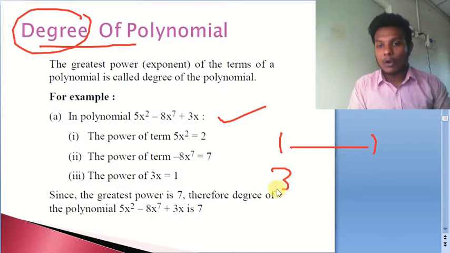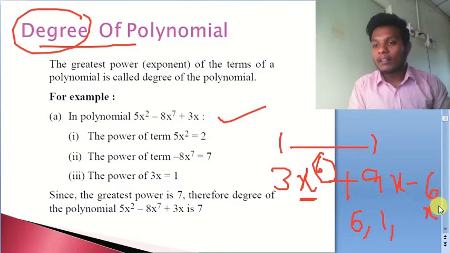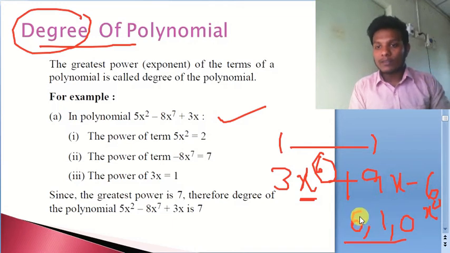Suppose we have a polynomial 3x power 6 plus 9x minus 6, let us say. Now in this particular thing, what is happening here? For this x, the power is going to be 6. So write all the exponents individually, and for this one there is 1. And always remember, for a constant like 6, we can assume 6 into 1, and that 1 I can read as x power 0 also. We can mention it, otherwise we can neglect it also, no problem. So here it is 6, 1, 0. Out of these, what is the highest value here? That is going to be 6. So 6 is the degree of the polynomial.